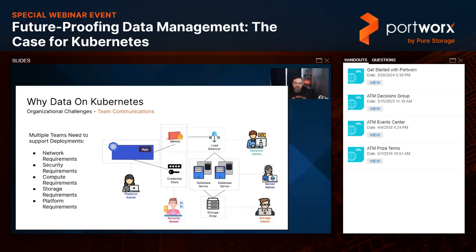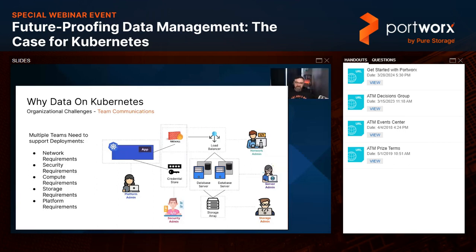But think back to when we were doing things with virtual machines and all the other teams that we had to manage. Yeah, exactly. Now I've got, we call that operational complexity. It's like a web of people up there to me, right? Exactly right. So, again, if I'm a platform administrator, I can manage my Kubernetes cluster, and I can manage everything